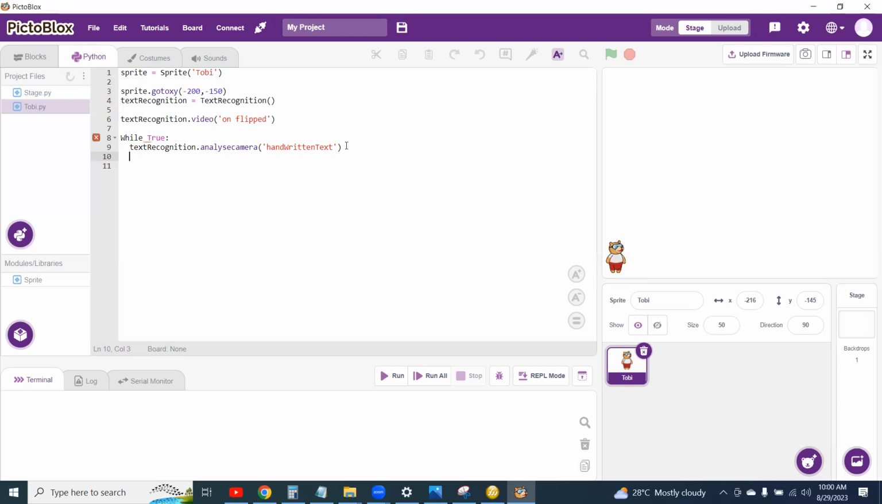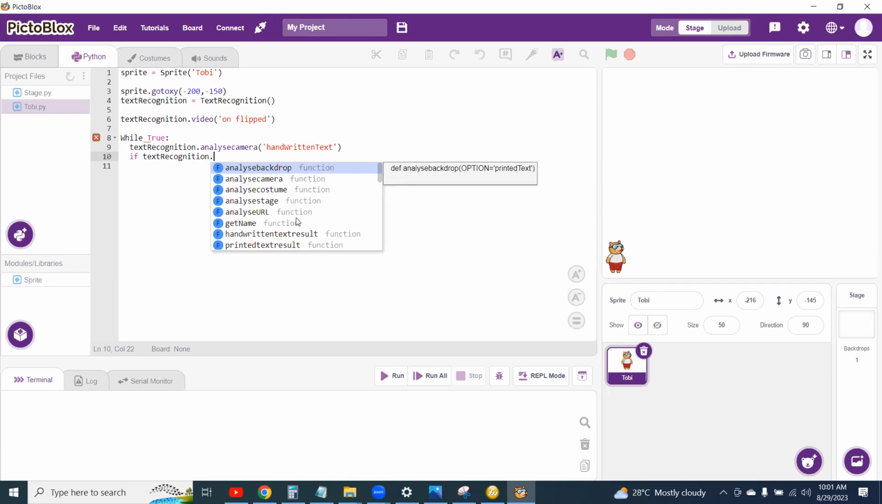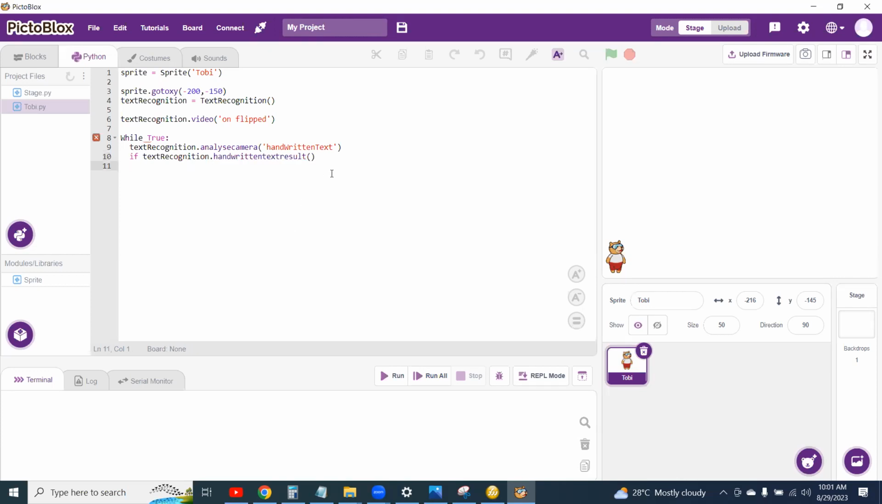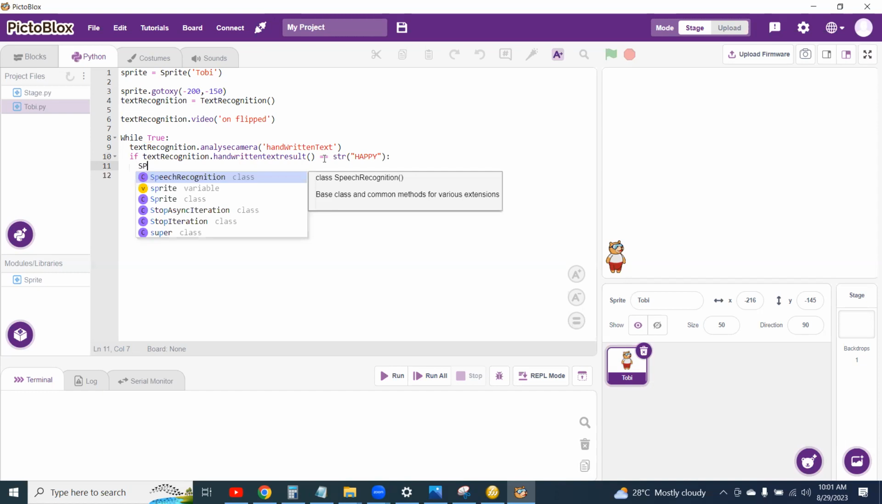Okay, now that the camera has been analyzed, I will now say if text recognition dot handwritten results double equal to, that is, if what you receive is happy, then we can just simply say